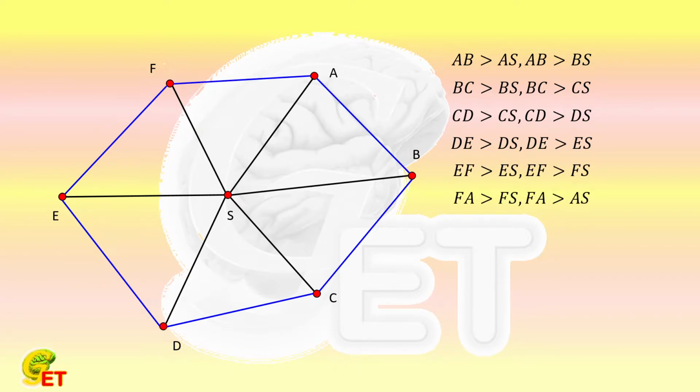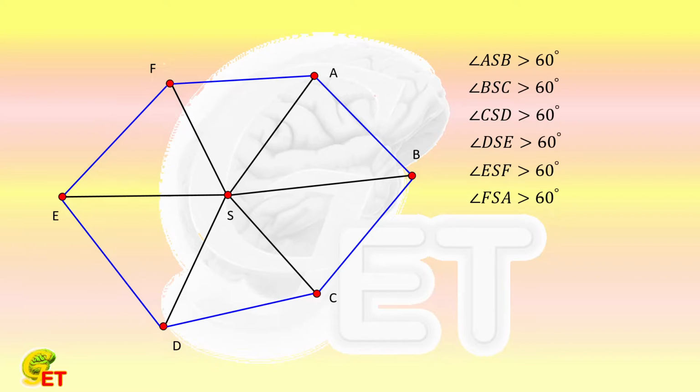Now let's look at any of the triangles, ABS. Because AB is the longest side, the angle ASB, which it subtends, is bigger than 60 degrees. Regarding why the interior angle subtended by the longest side of a triangle is bigger than 60 degrees, we can talk about it later if you don't quite remember. At the moment, we just need to know that, in each of these triangles, the interior angle of the vertex where S is located is bigger than 60 degrees.